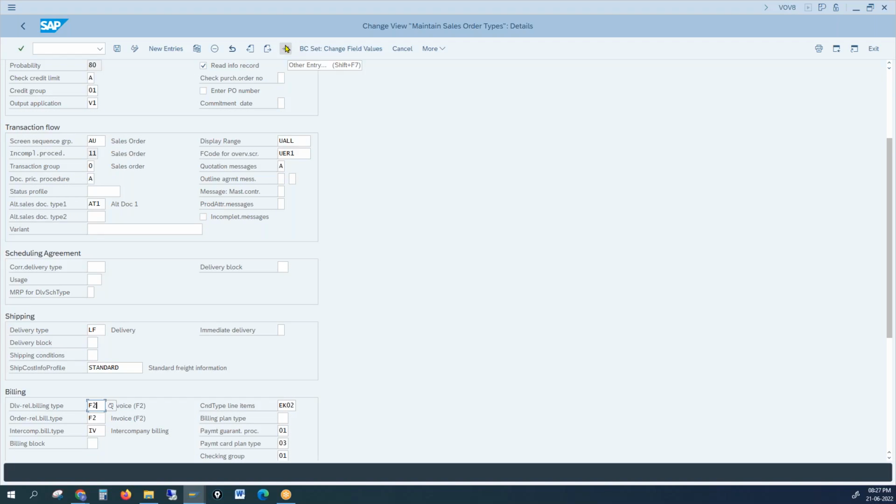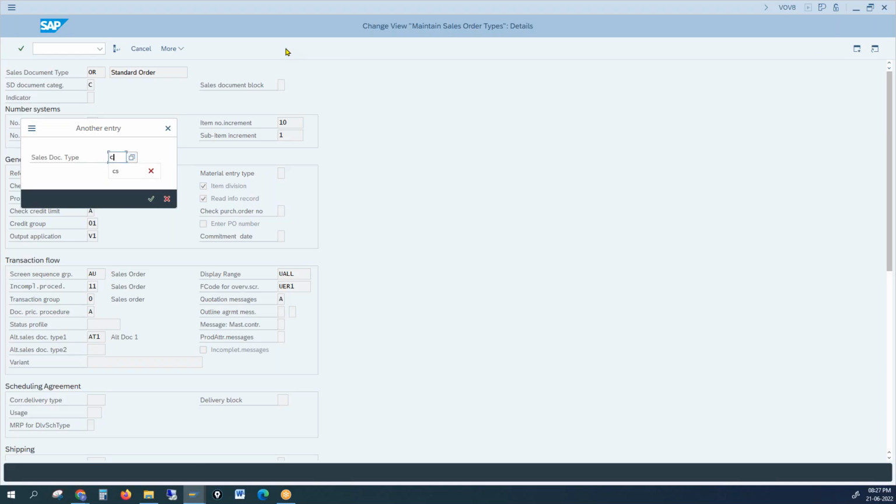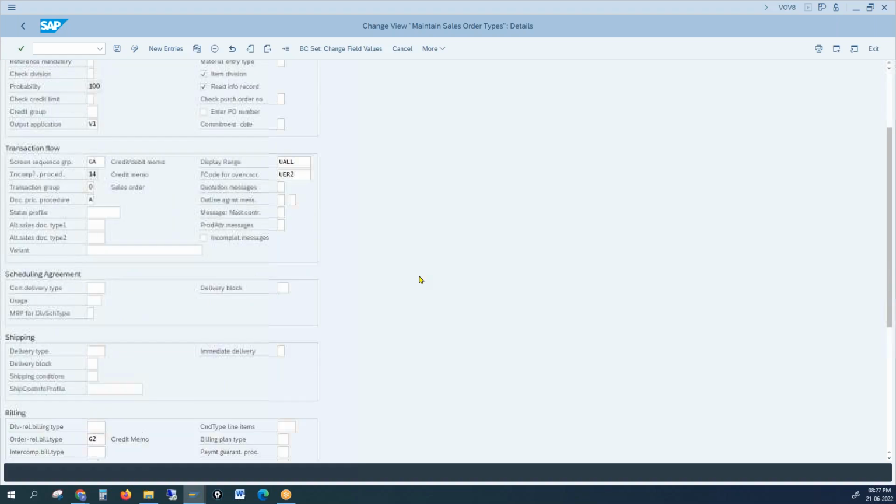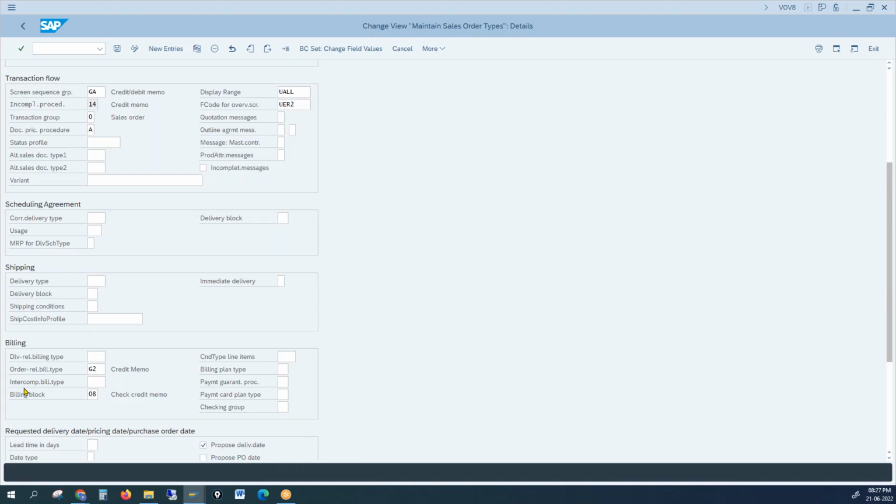For credit memo, you remember I showed you a billing block 08. Anyone you remember? When you're creating a credit memo, 08, there is a billing block. How does the system know that if you're creating a credit memo, by default the system should put a block? You see this billing block 08 credit memo. So if you're creating a credit memo, then the system knows to stop it from further processing with this particular